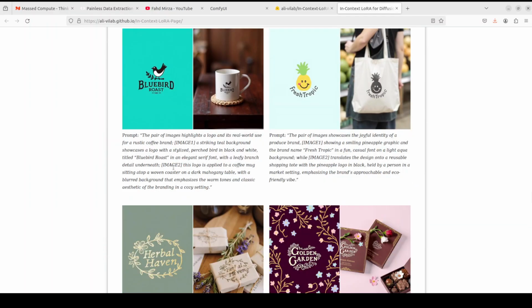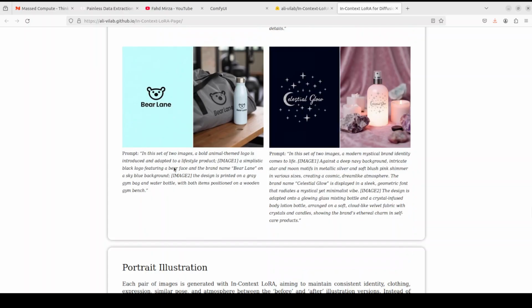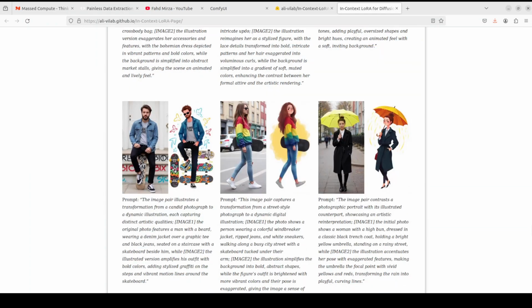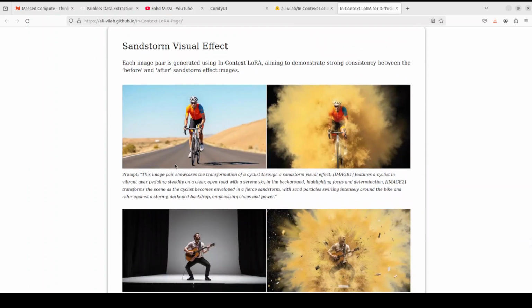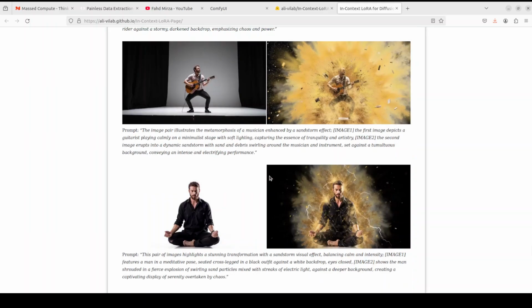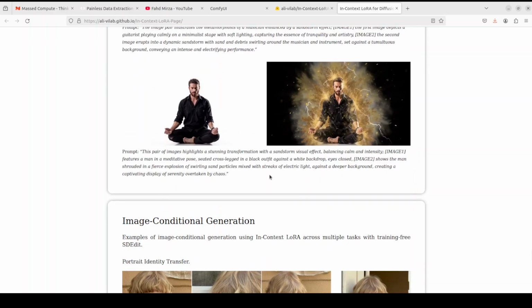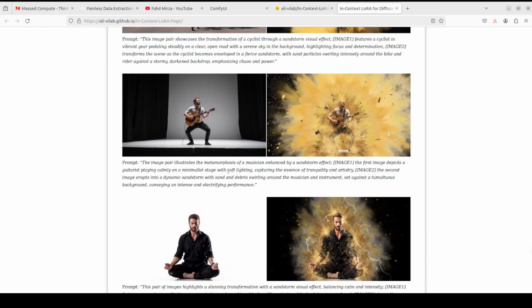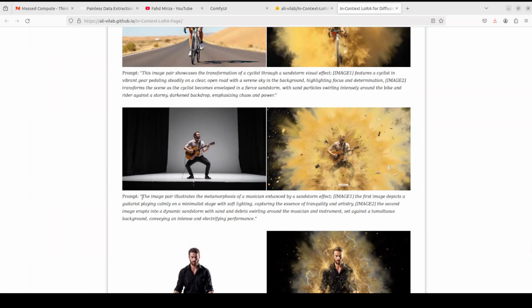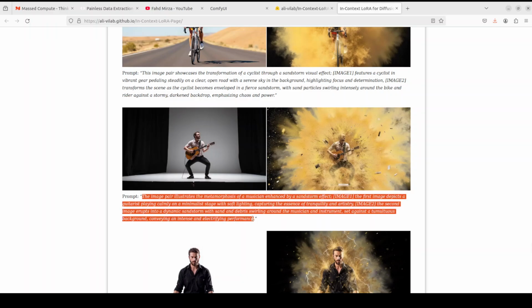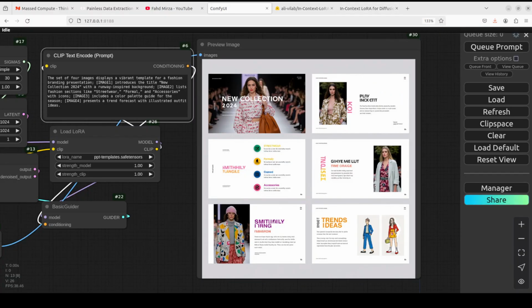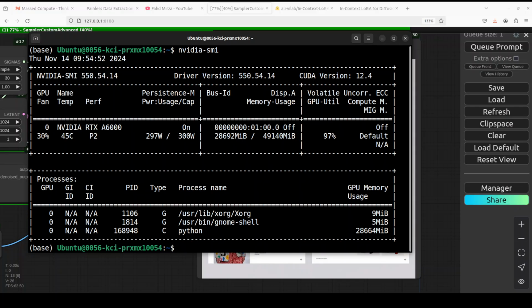Similarly, there are visual identity design, and then there is another one which I really liked. Portrait is there. Let me scroll down. This one, Sandstorm visual effect. So let's try this one, or maybe I'll go with, what do you think? Which one? Maybe let's do second one. So I'm just going to go with this one. Let's go back to Comfy UI and let me run it. And while that one is running, you can see that it is consuming, just like Flux, just over 28